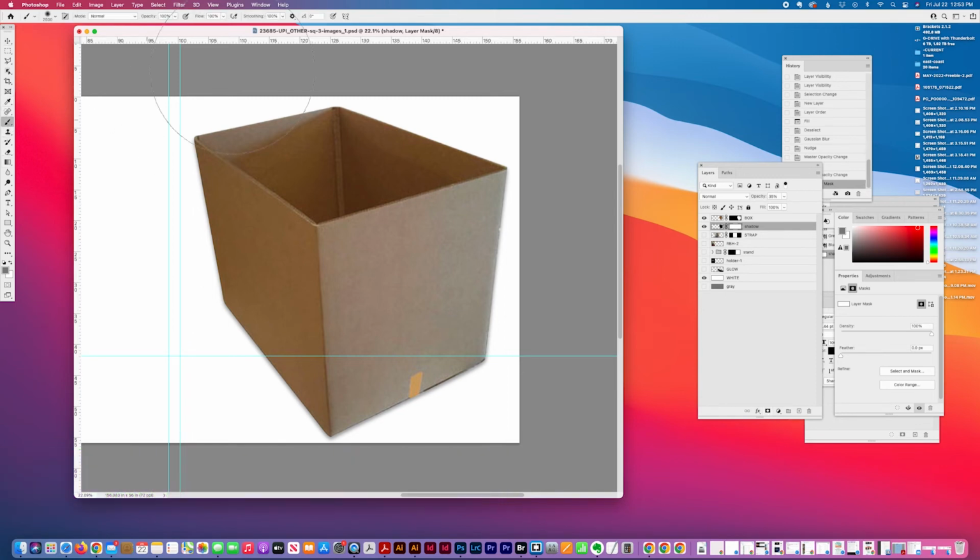and use the brush tool and just remove it, mask this portion out. I have a pretty large tool selected, 2500 pixels. And then that's it, how to create a